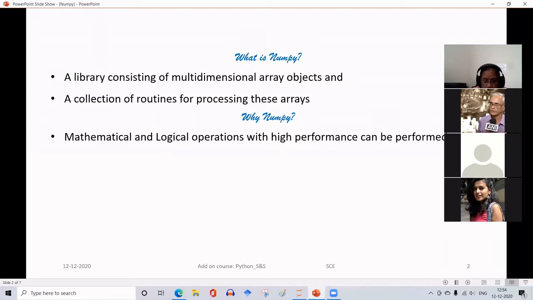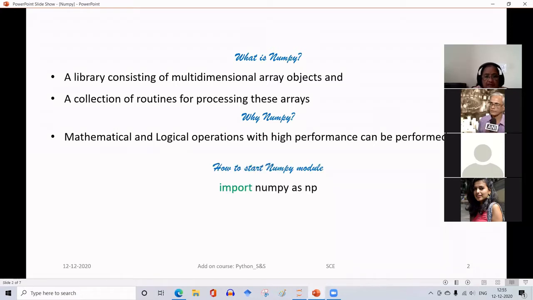In a matrix, a single row is a vector, that is one dimensional. And if you have a number of rows and columns, it is two dimensional. And such two-dimensional matrices, if you stack them together along the rows or columns, you get a three-dimensional, and you can have multi-dimensional also. And using this NumPy package, you can perform the computations very fast and efficiently. So that is why we should use NumPy whenever we have data which requires array operations.